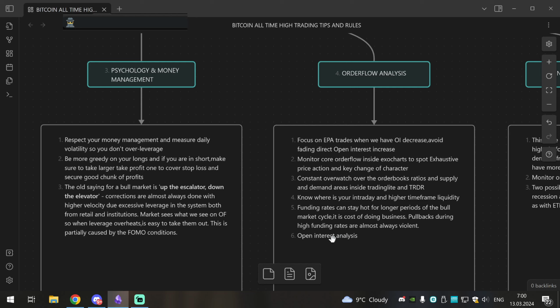Yes, an open interest analysis. I already went over this. So yes, open interest analysis for me is crucial. I can see the future with open interest. I can see the future volatility. I know if open interest has a large build-up, then it's very likely for the market to be volatile and great to trade.